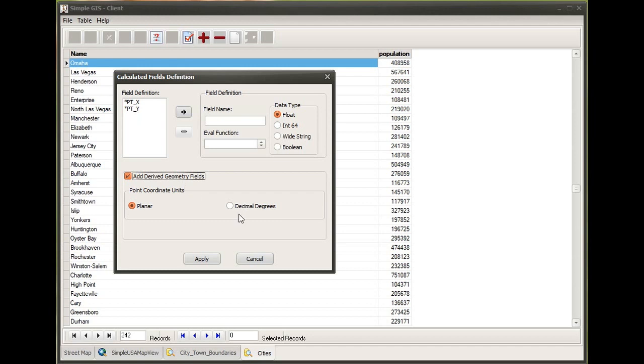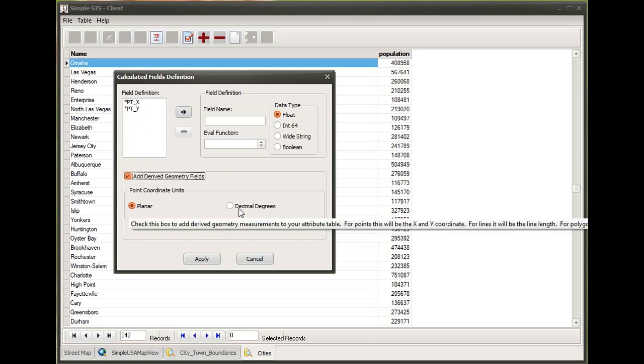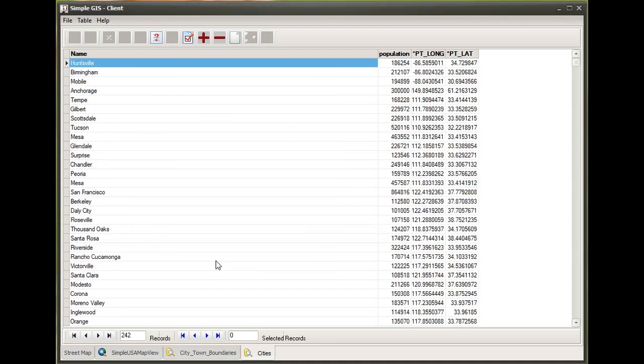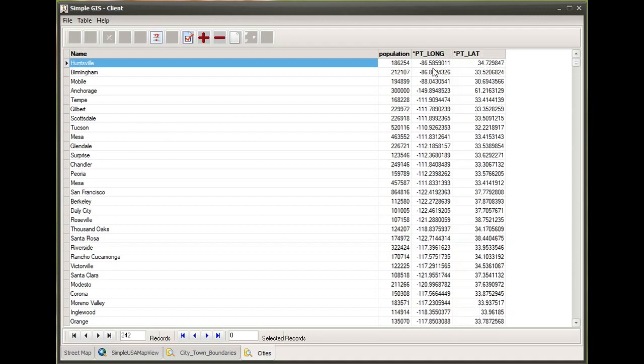And if I so choose, though, if I wanted the X and Y coordinates to be in latitude, longitude, I could choose decimal degrees here, and it will report out those X and Y coordinates in decimal degrees. So if I choose that and click apply, I see that indeed I now have these new fields added in